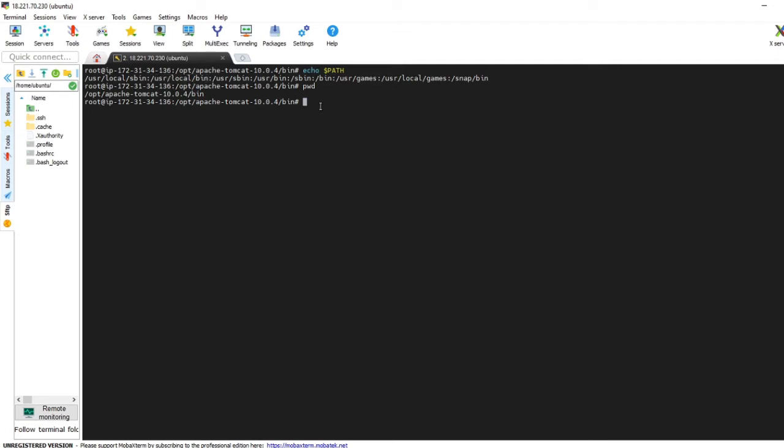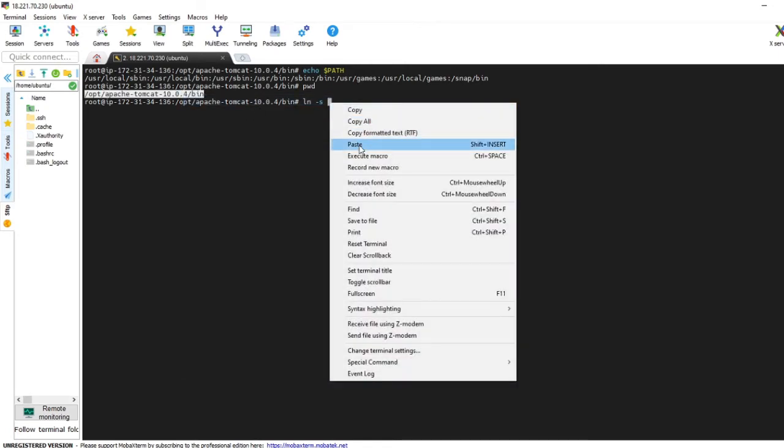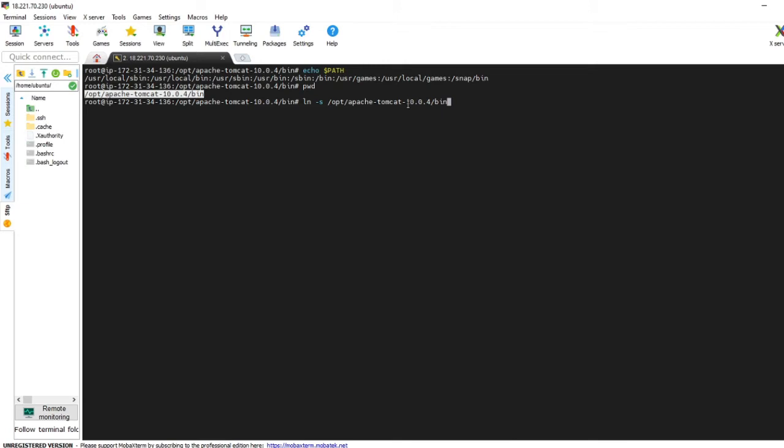So for that, I am writing the command ln -s, soft link, and then this path, copy, paste, along with the startup.sh, which was our file needed to start up the service.